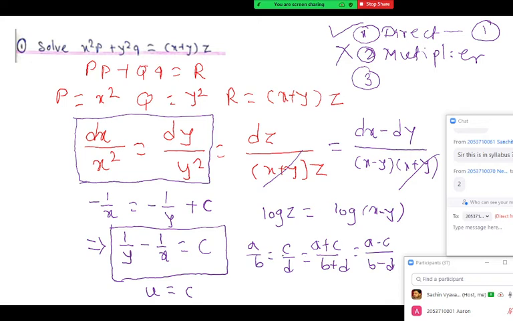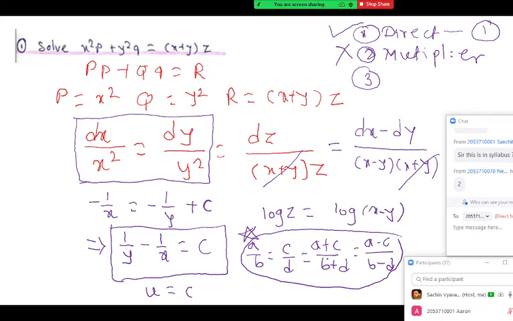Suppose 1 by 2 and 2 by 4 is there. So it is equal to 3 by 6, or it can be 1 by 2 again. You can check it with this rule. This is the rule that you can use. Now, we have to use